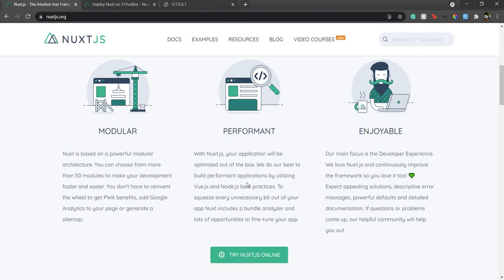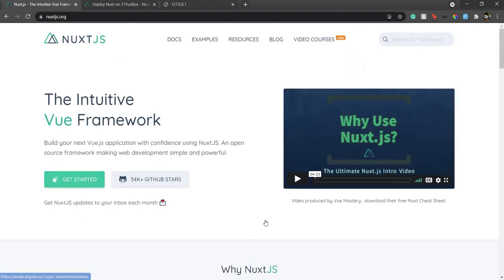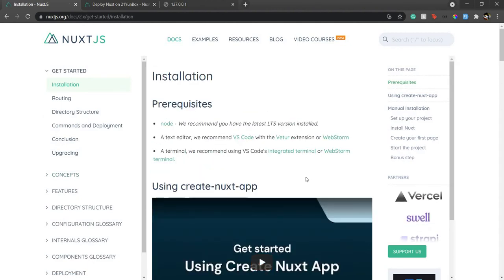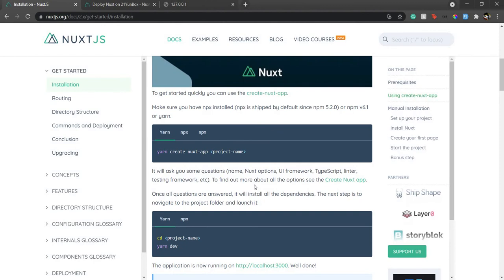So that's all about Nuxt in a nutshell. Now let's begin with the installation. If you hit get started, you first need to make sure that you have Node.js installed on your system, the latest version actually. You can use either yarn or npm. I'll be using npm, and as I'm on Windows, the commands I'll be using are pretty much the same on Mac or other platforms. Sometimes you might find some commands here and there that differ, but they're pretty much the same. So no problem in that.